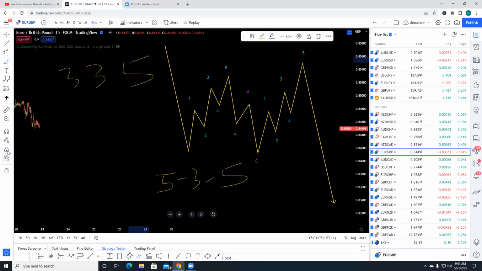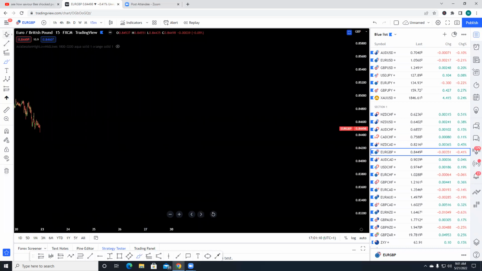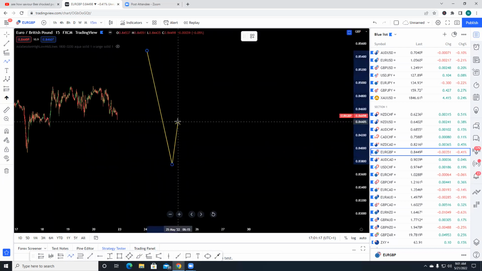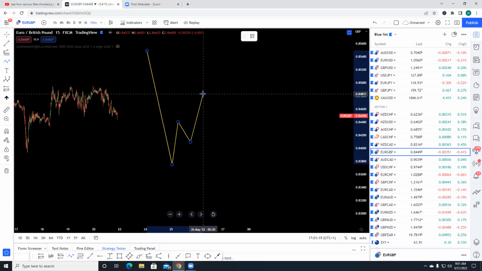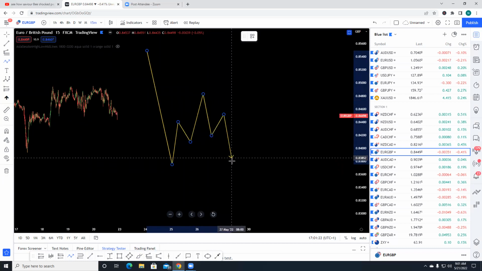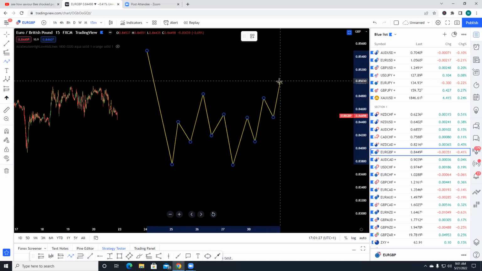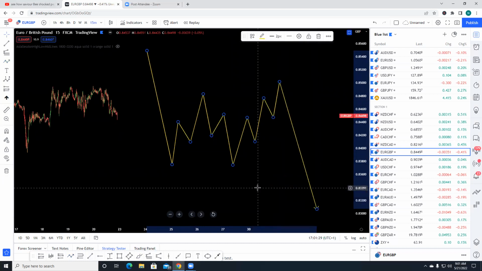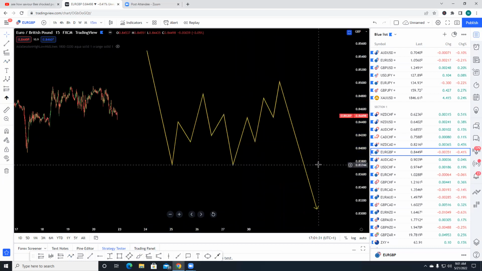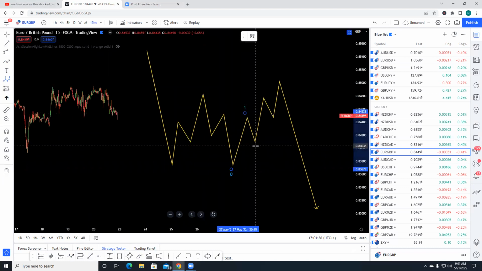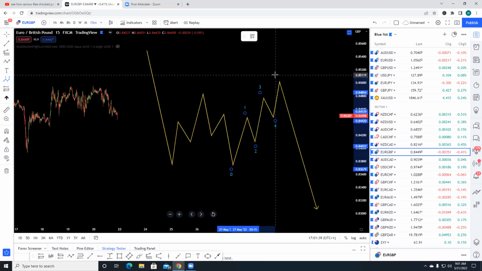So let me give you the anatomy of a 3, 3, 5 structure. Flat can also be like this. Let's say there's a move to the upside. It can be 1, 2, and 3. Then 1, 2, and 3. Then 1, 2, 3, 4, and 5. And then you have a move down. Okay, this will signal the end of correction, and you have a move down. So if we have to label these, this is wave 1, wave 2, wave 3, wave 4, wave 5, and then you have